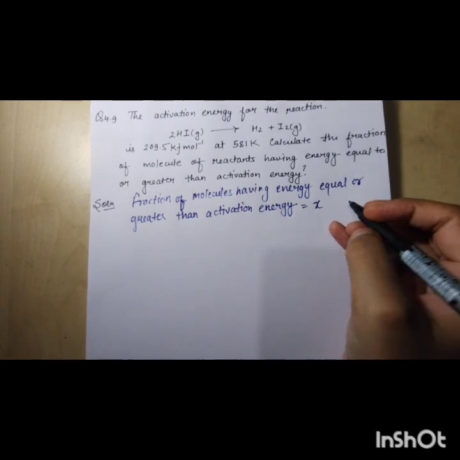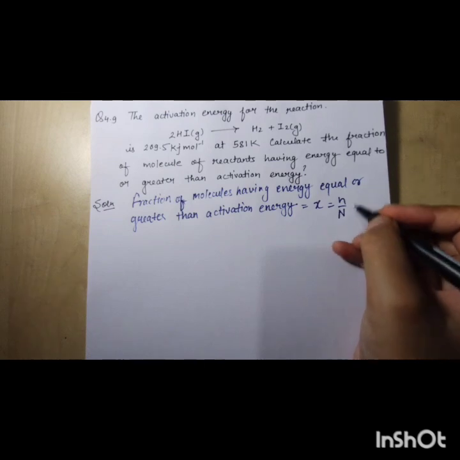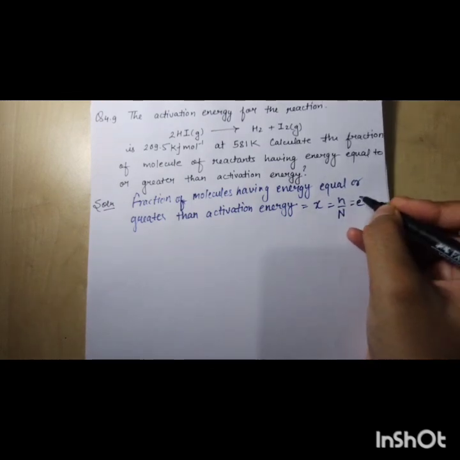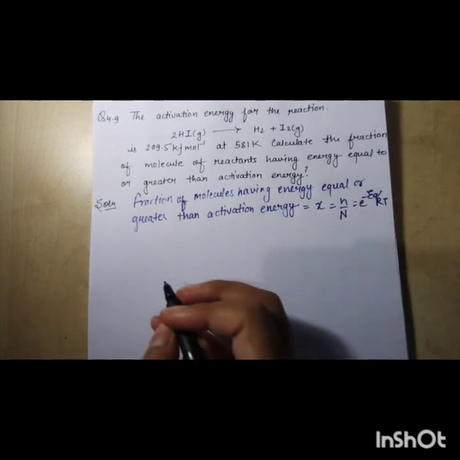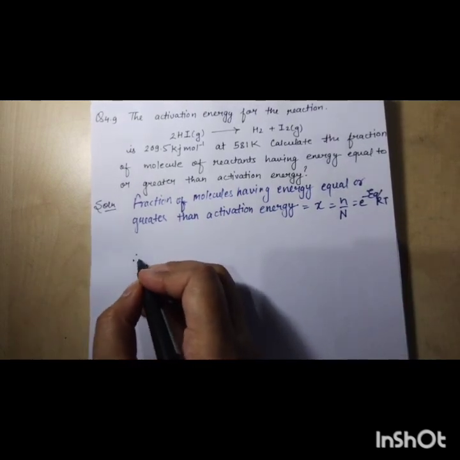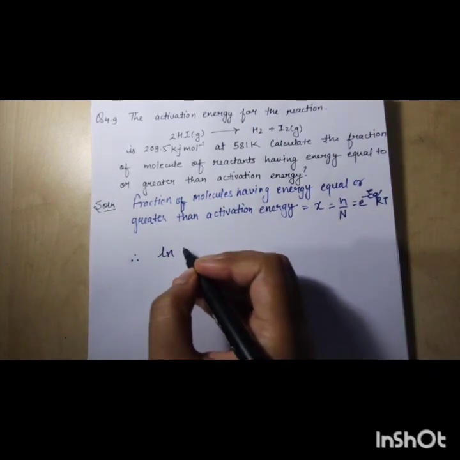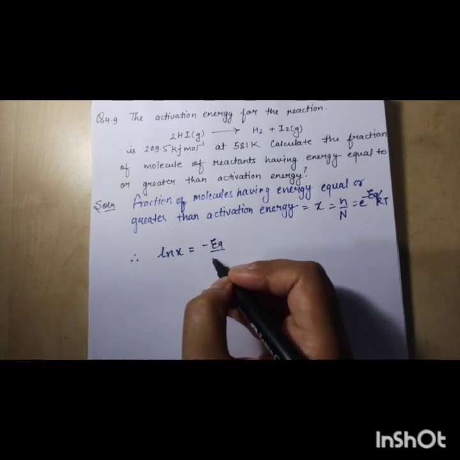X value is equal to n by n, that is the fraction of molecules, that is equal to e to the power minus EA by RT. So we will take the logarithm of x, ln x, that is equal to minus EA by RT,